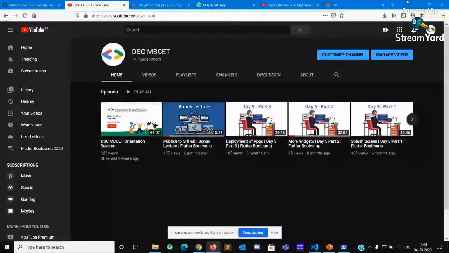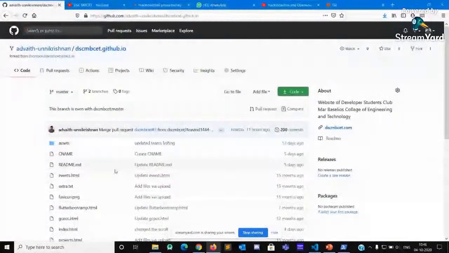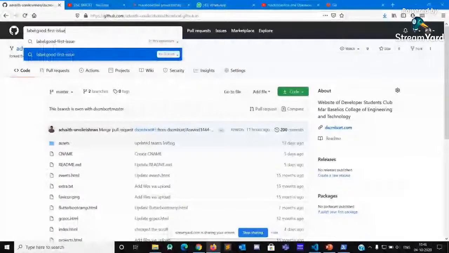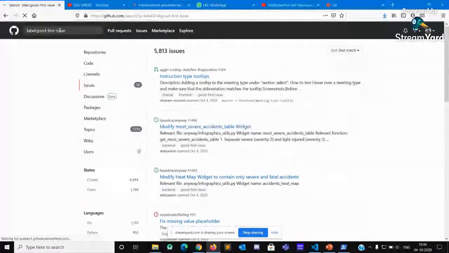So meanwhile, while it's downloading, I will just walk you through how to search for repositories. Earlier, I mentioned good first issues. Good first issues means repositories that are beginner friendly. So you can search like label. If you search for label good first issue, you can see these are the issues which are labeled as good first issue, and you can check out